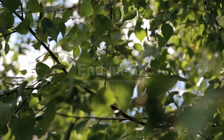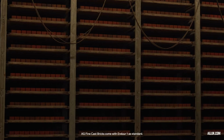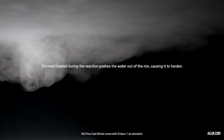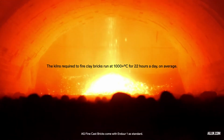AG fine cast bricks aren't just ordinary bricks. Cast or concrete bricks are cured rather than baked, which uses far less energy in production as a result of an exothermic chemical reaction, which occurs when water and cement are mixed. The process eliminates the need for continuous kiln firing at 1000 degrees centigrade, which is necessary to produce a standard